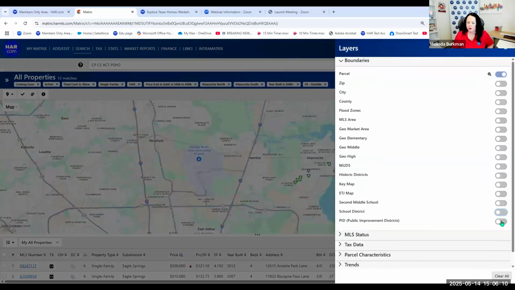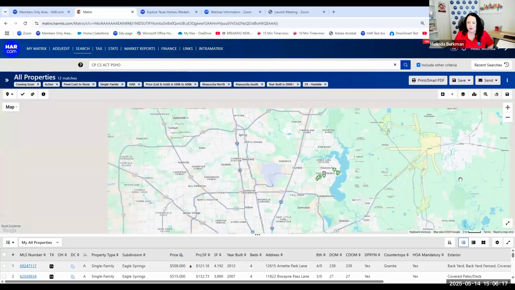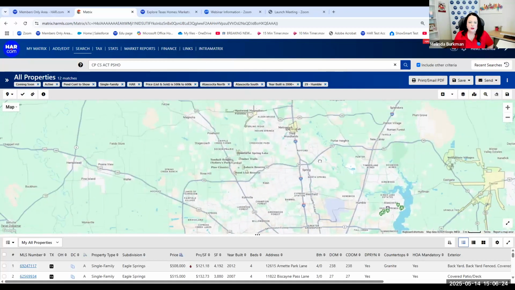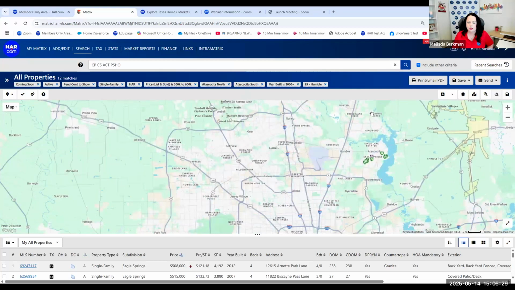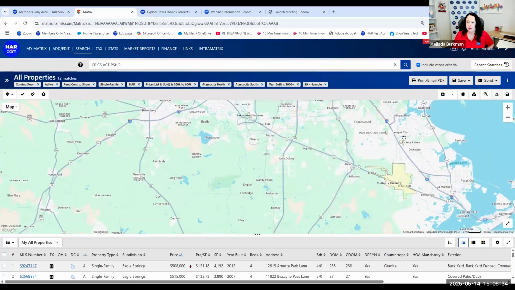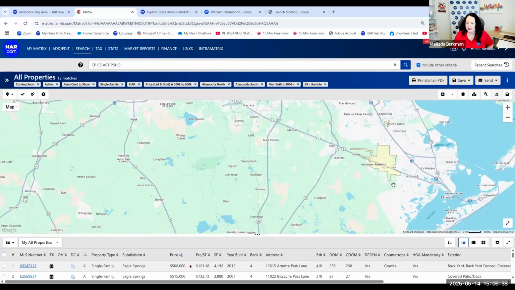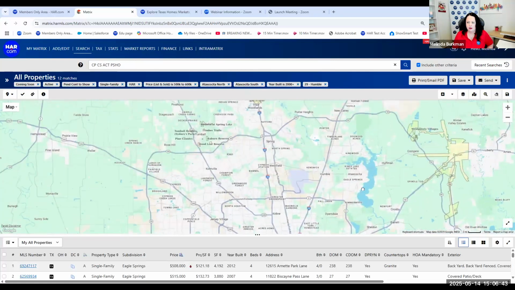Okay. Public improvement districts. So these are going to be some very interesting shapes. They're more exterior to the greater Metroplex. This is Dayton. There's some up here in Shenandoah. These little yellow shapes are public improvement districts. There's also some south of town: Lakeshore Harbor, Victory Lakes, Park on Clear Creek, Santa Fe. So just so you know. All right.